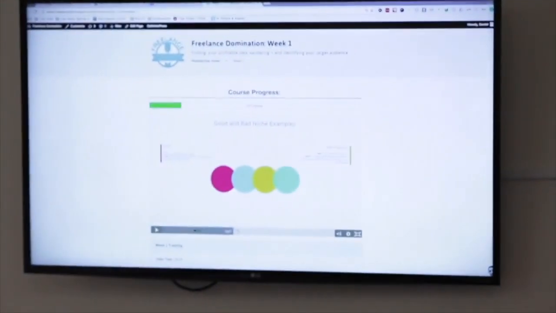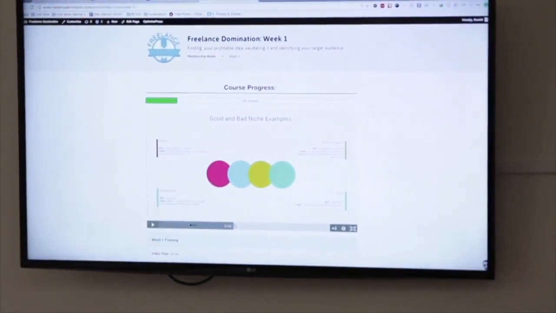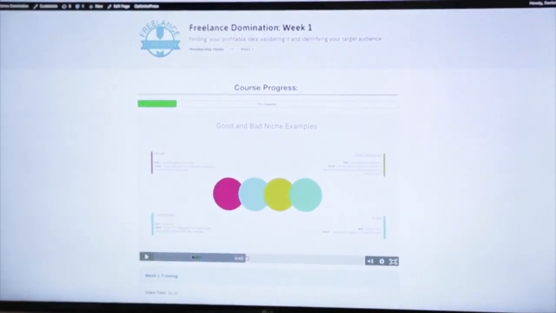By the way, if you guys are wondering, the design on this template or on this course looks pretty slick. This actually doesn't look that good on the TV because it's a little bit distorted since it's bigger. But all of these little designs and graphics, this is a template that I got from Theme Forest, which is just a place where you can download a bunch of different templates.